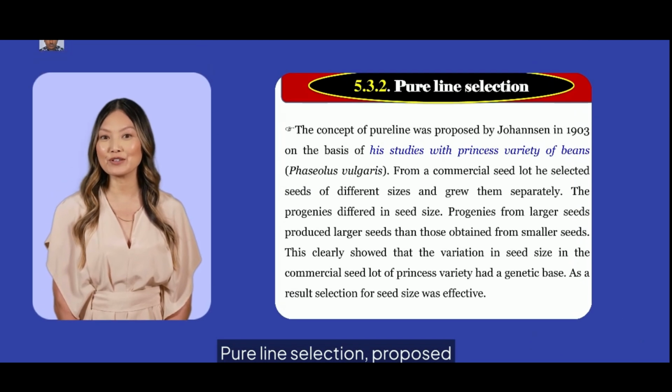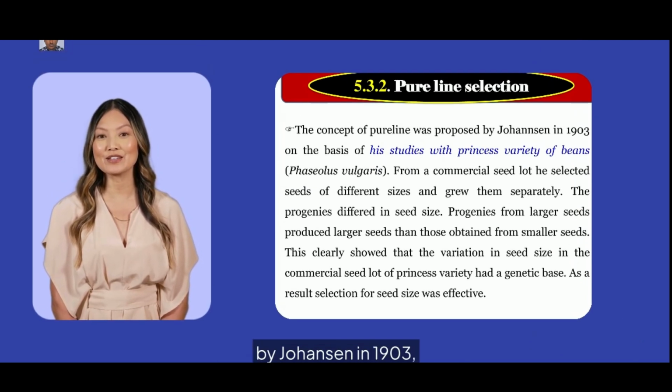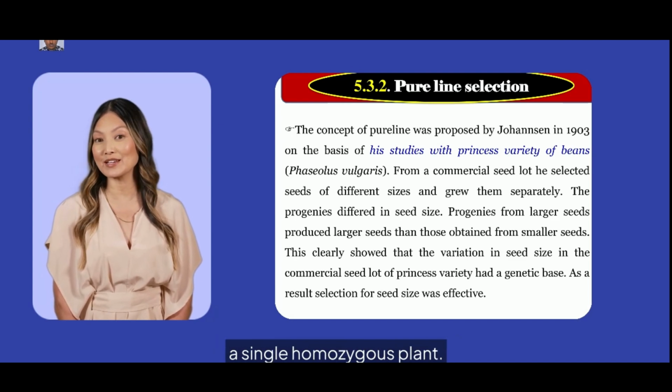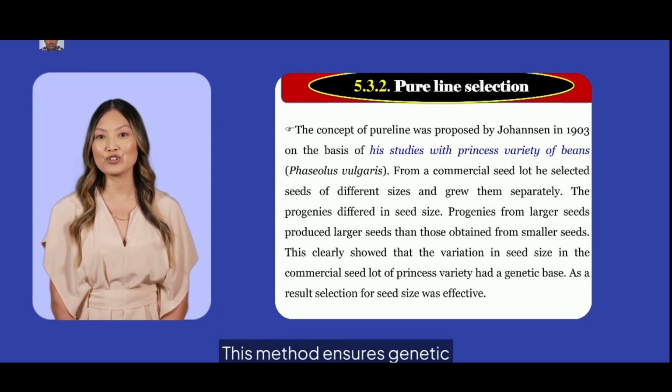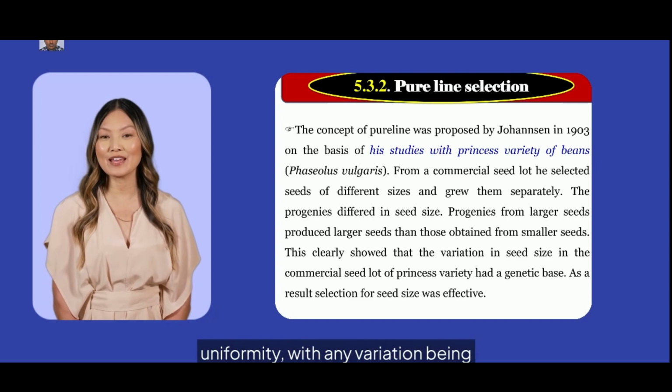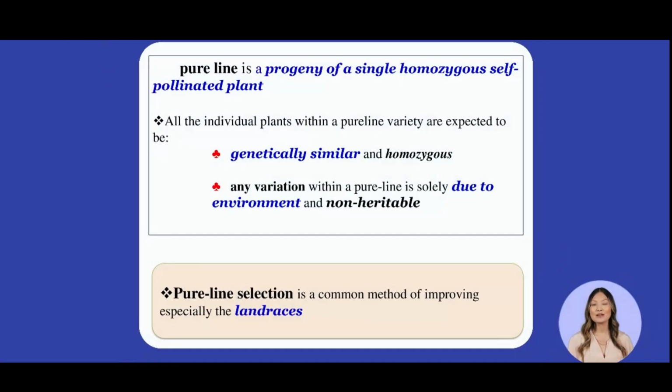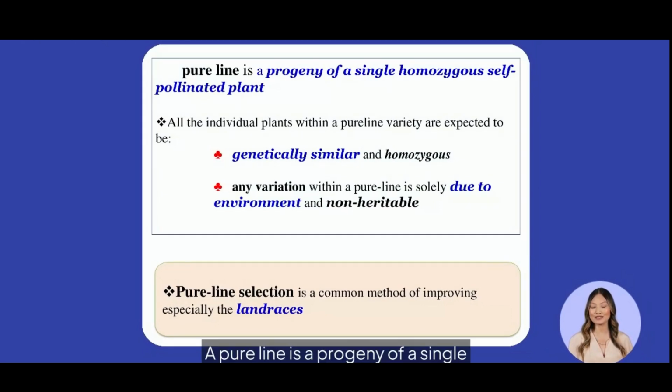Pure line selection, proposed by Johansen in 1903, involves selecting seeds from a single homozygous plant. This method ensures genetic uniformity, with any variation being environmental and non-heritable. A pure line is a progeny of a single homozygous self-pollinated plant. All plants in a pure line are genetically similar, with variations due solely to environmental factors, making pure line selection